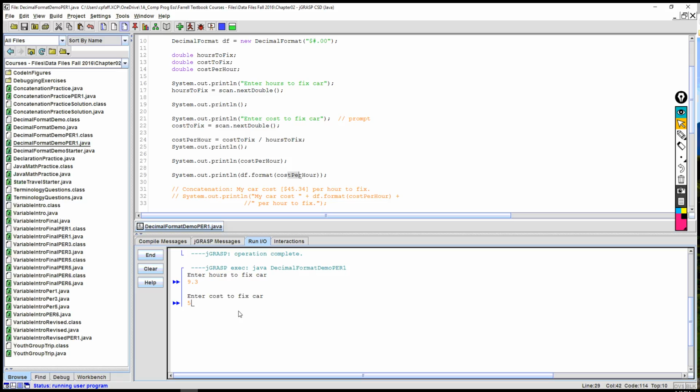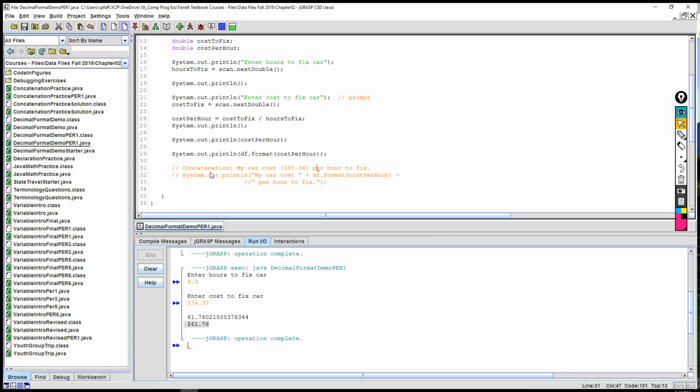And so this first number had no application of the decimal format object, and this one did. So you can see the difference in how it looks,